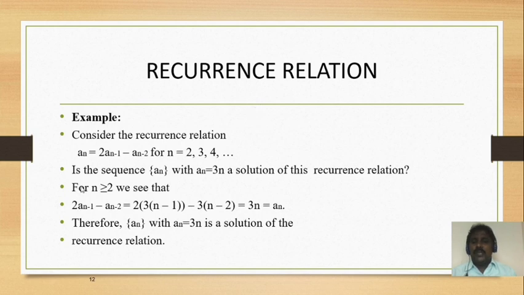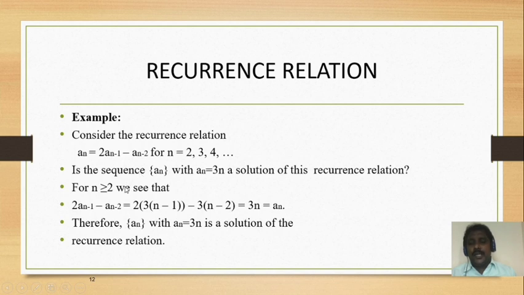And now some examples. A recurrence relation gives a relation in which I can put values n equal to 2, 3, 4, and so on. We should not take n equal to 0, because then the recurrence relation does not hold. So I take n from 1 or 2, that is n equal to 2, 3, 4 and so on, and place the value of n in this equation. Then it must give back our function a, and therefore it is called a solution of a recurrence relation.